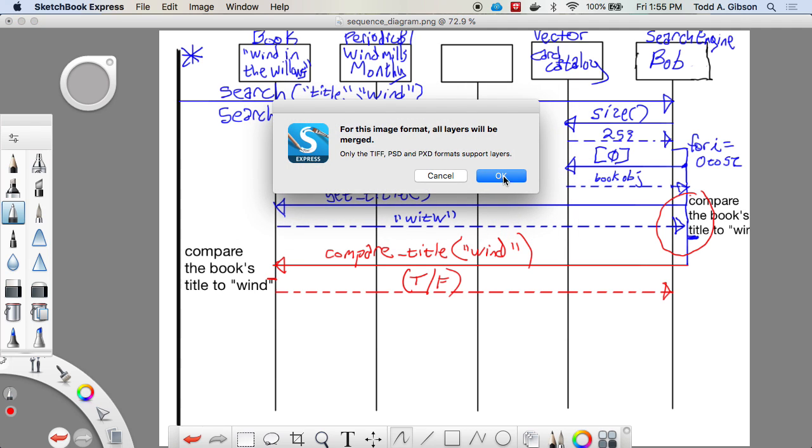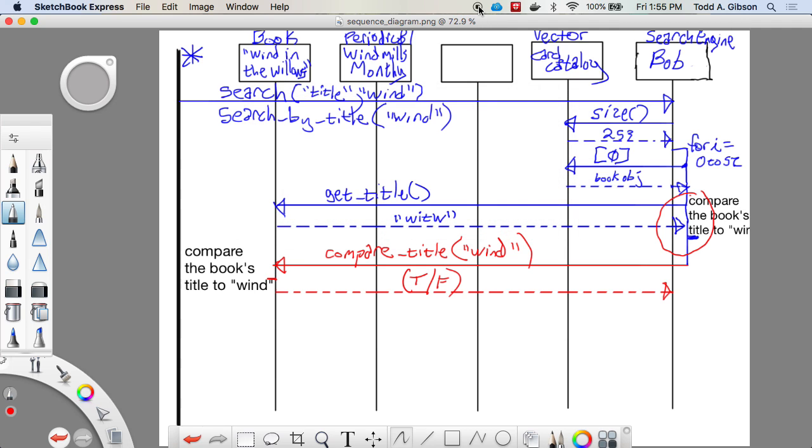If you farm out the comparisons, searching